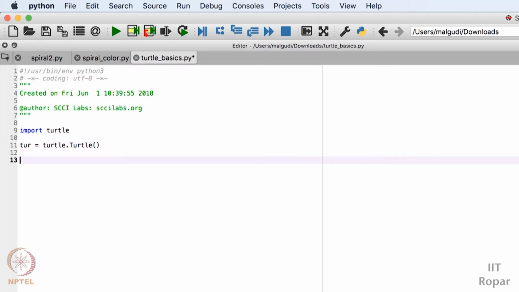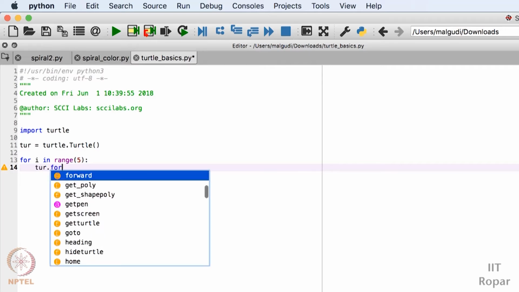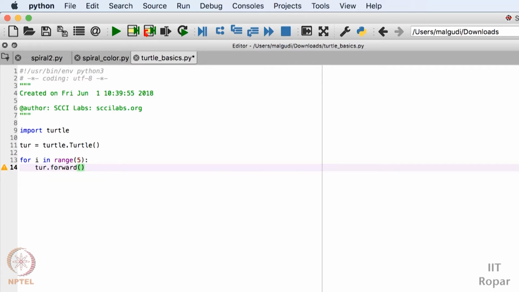Now I want to create a simple square box. For that I will write a loop, for i in range 5. I will move this pen, tur, which is my pen on the canvas at some predefined starting position, forward. The tur.forward function is there, with 50 units.